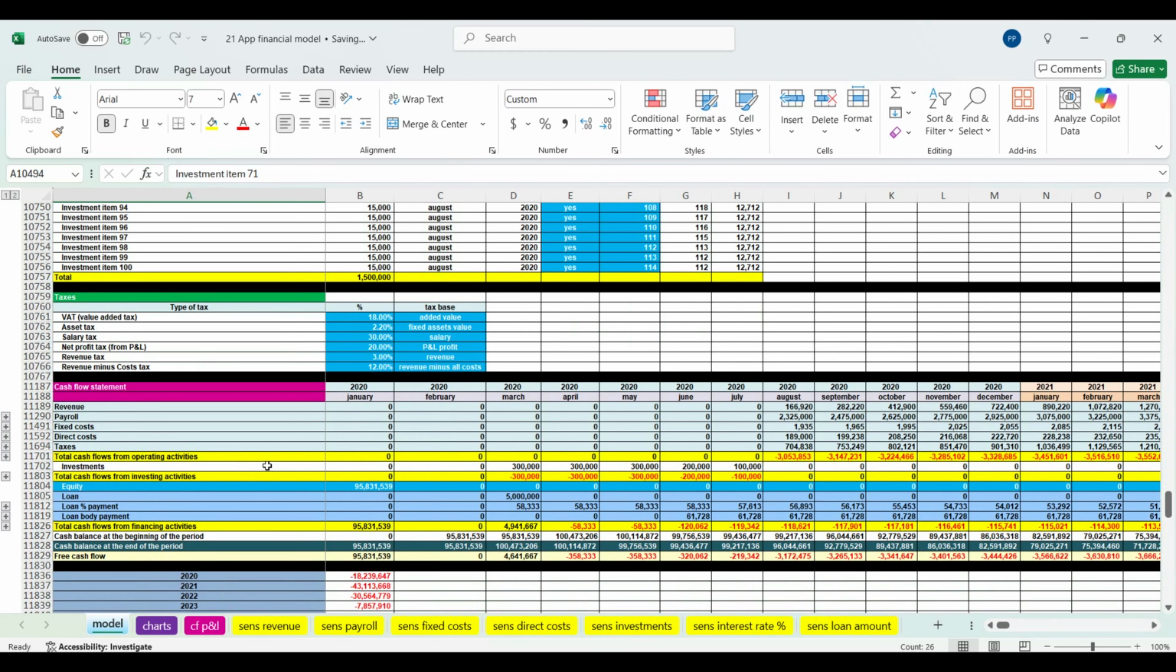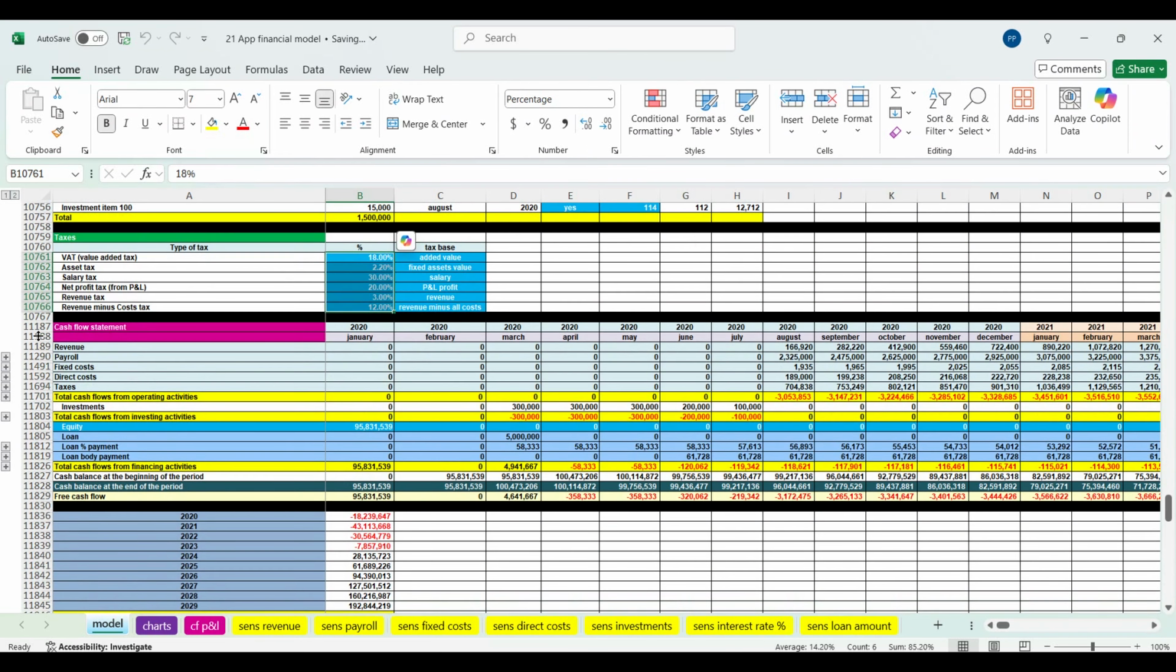Then we are moving to the taxes. So we may have different types of taxes depending on where you live. So you may have value-added tax, asset tax, salary tax, profit tax, revenue tax, or you may have revenue minus all the expenses tax. So here we mentioned the tax base for this or that tax. This is the tax rate, and now we are moving to the most important